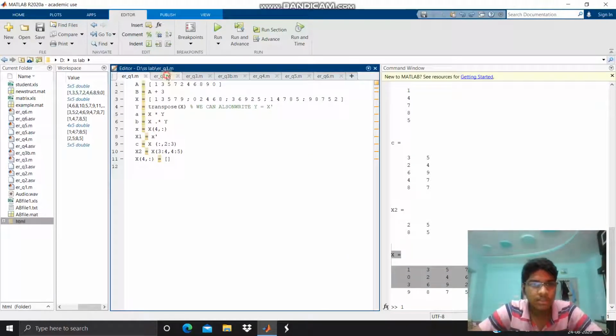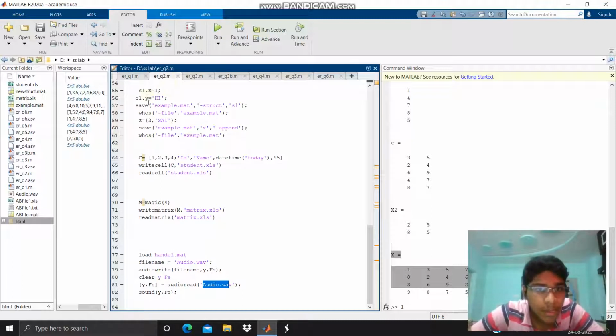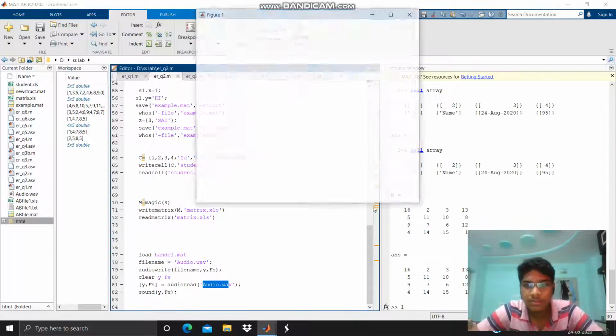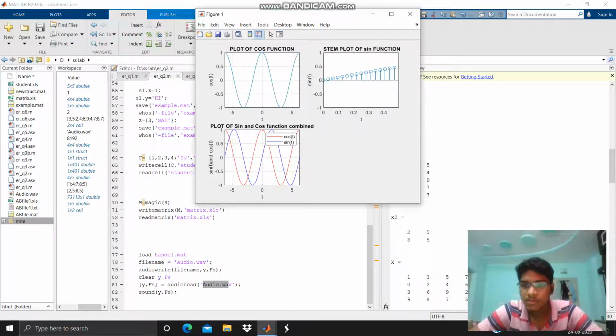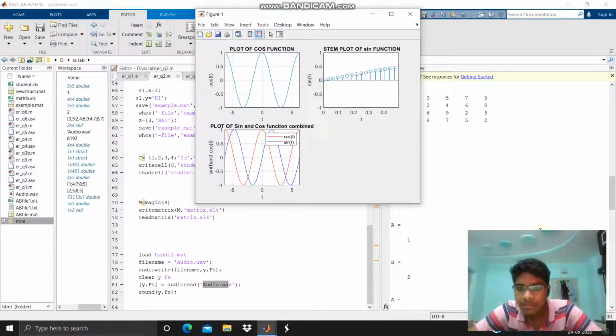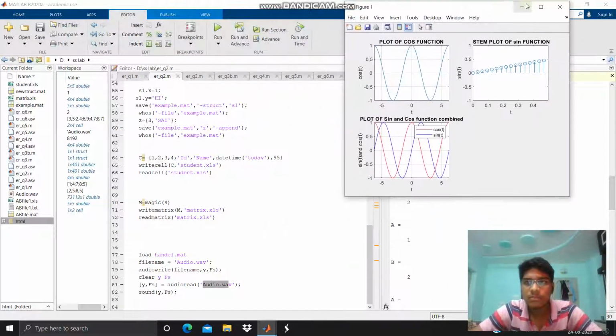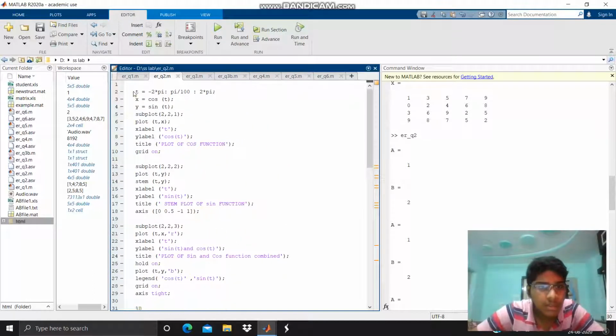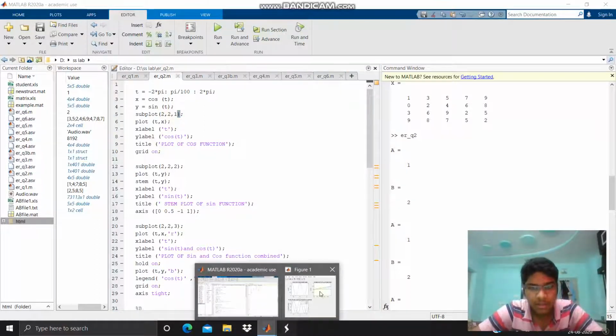And coming to question number 2. Here I will show the output. I will run this. First of all, this is the second question. This is about the graph. Plot is used for the graph. T is on x-axis and x is on y-axis. Here x equal to cos t and y equal to sin t. Here I will show you the graph.